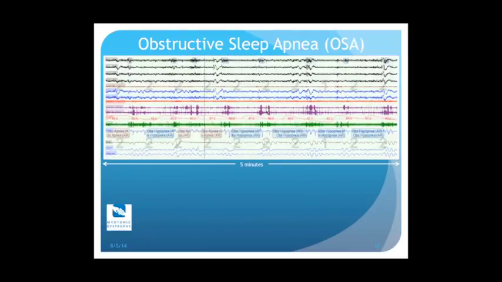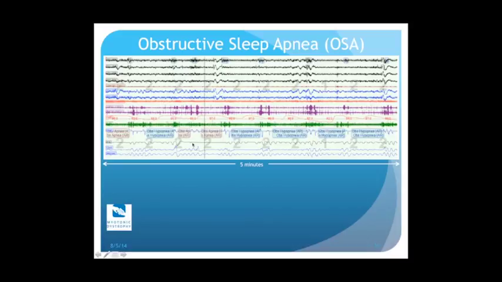And then this is just a quick snapshot. I just want to show you the wealth of data that we obtain from a sleep study. This happens to be just a 5-minute example, from here to here is just 5 minutes, of someone with very significant obstructive sleep apnea. Without going through all of these, you'll have to take my word for it. The airway is completely closed here, partially closed here. The oxygen is going up and down. You see right here, it dropped to a low of 82%.